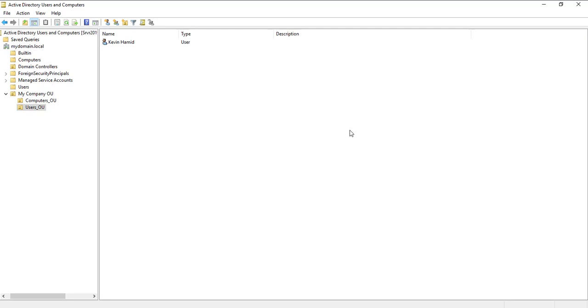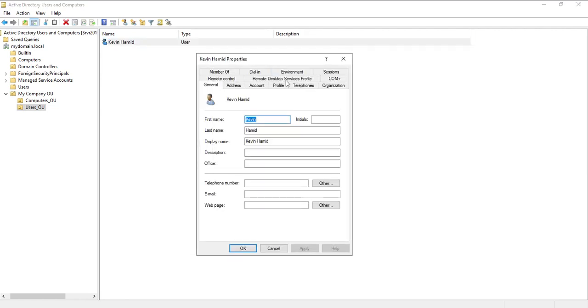The next thing that we're going to do is look at the attributes. So I was discussing that in Active Directory we create objects, and each object that we create will have a set of attributes associated with it. Well, let's have a look at the attributes associated with user accounts. So I'm going to go ahead and look at the attributes for our user that we just created in Active Directory called Kevin. If you double click on that, you will see that it will open up the properties for Kevin,